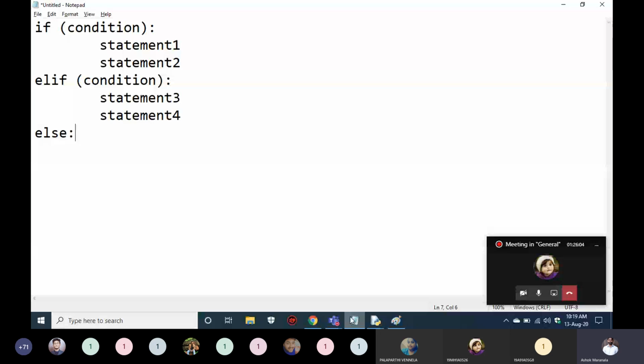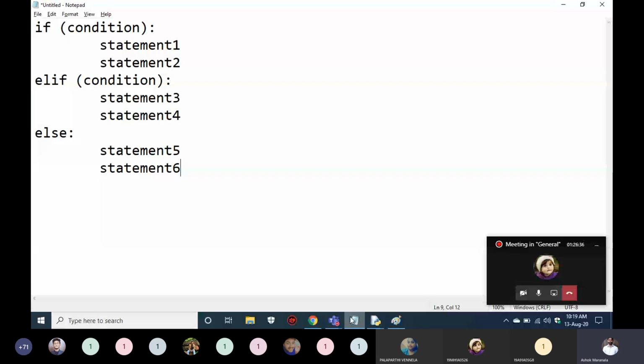Now it will enter into else, and it will print the statements you want to print there: statement 5, statement 6. So the statements will be given by your requirement. What is your requirement? You will print that there. So this is how the syntax will be. If will have a condition, elif will also have a condition, else will never have a condition. So the falseness of if and elif is the condition for else.